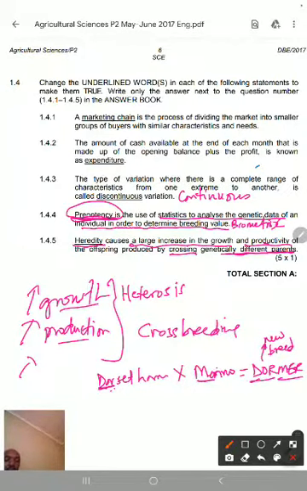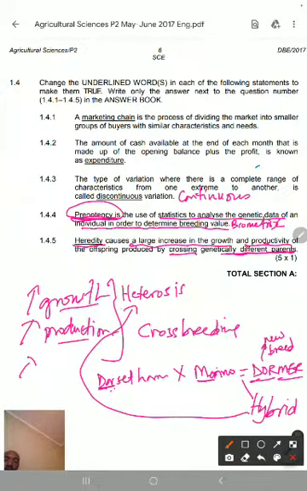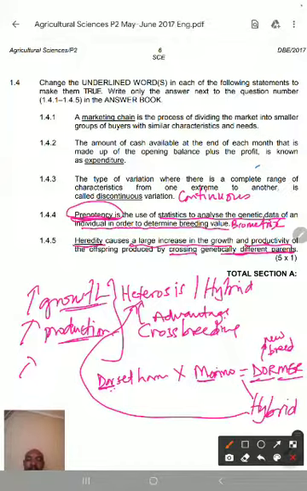And this result of crossbreeding, we call it a hybrid. You must know that a result of crossbreeding is called a hybrid. So a hybrid has these characteristics, which we call heterosis, or faster growth, faster production, better mother instincts, whatever, all those advantages. So the advantages of crossbreeding, when we summarize them, we say heterosis or hybrid vigor. Hybrid vigor. Okay, thank you guys. Next time, bye bye.